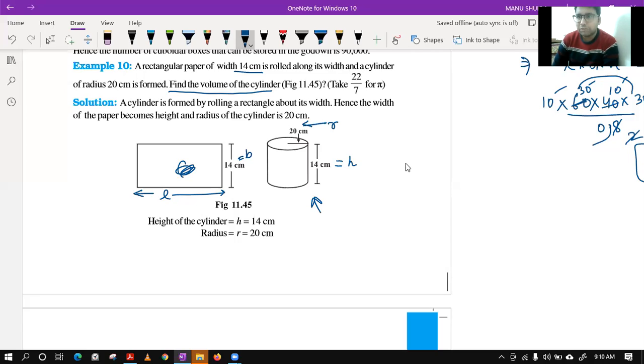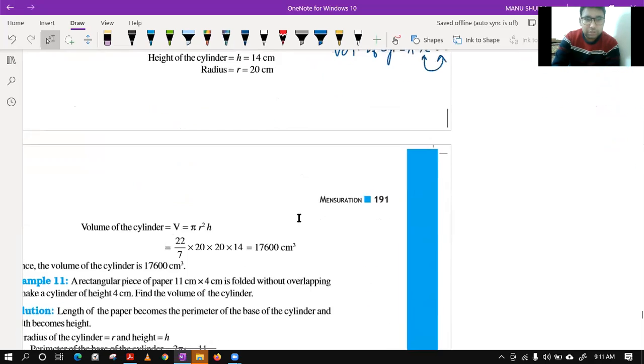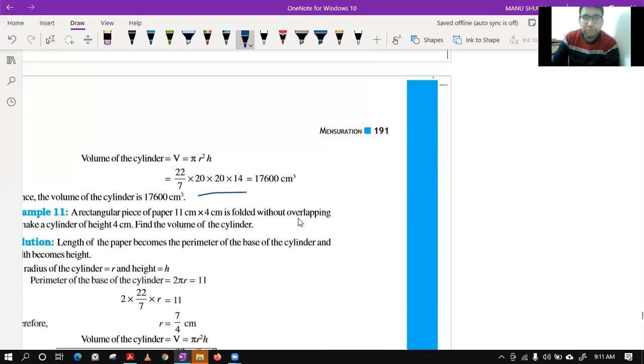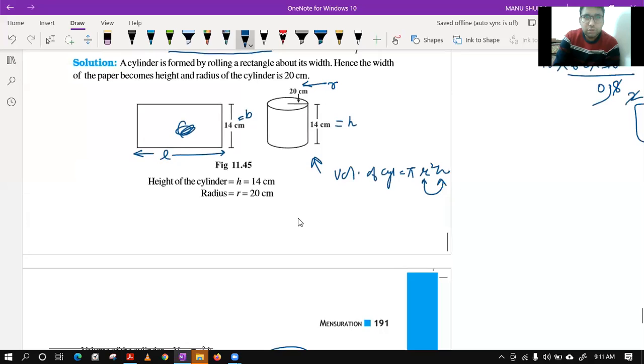Directly we can find this by the formula, that is pi r square h. So the volume of a cylinder is given by pi r square h. Here also you can see we are multiplying three dimensions: r 2 times, h 1 time. That is why in the case of volumes we always get a unit known as cube: centimeter cube, meters cube, kilometer cube, because you are multiplying three dimensions. Fine. So let's see the answer. It's very simple.